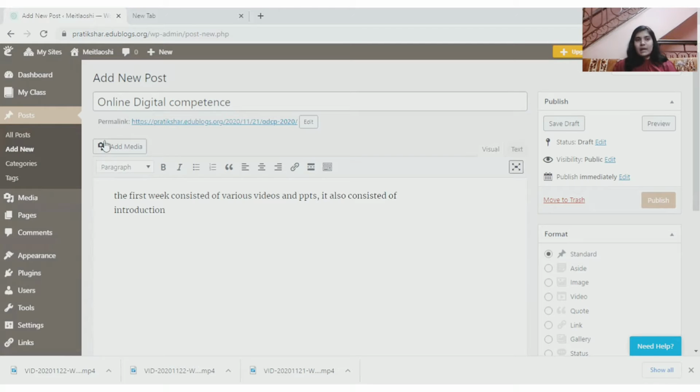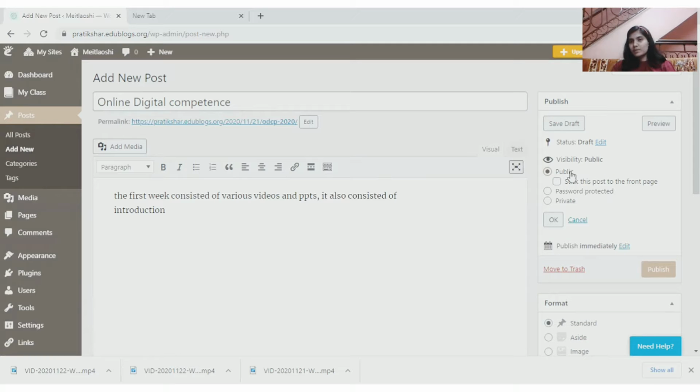Now, you can add media from here. You can make changes just like what you can make changes over here. Now, the important part of blogging is over here where you can see visibility. Okay, now here it is public. I can edit it, make it private, or password protected. For now, I just keep it public. But you know how you can make your blogs private, and you can do it anytime you want to do it. All right, so that's about it.